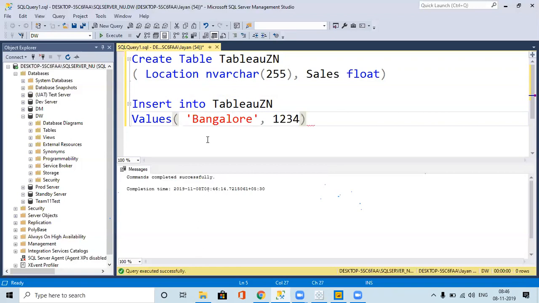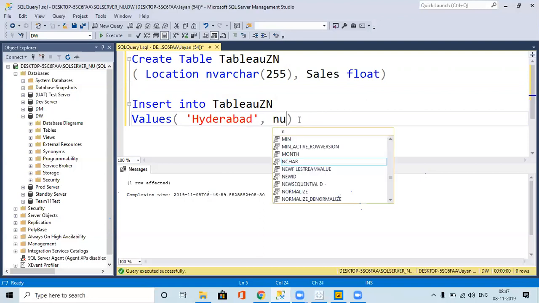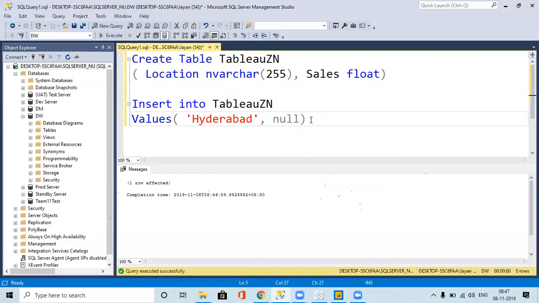We can give any number. So I gave one value. Yeah, done. Now let's give one more value, and I will give null. Okay, null value will be inserted. Similarly, I give Chennai some value. Okay, so I will insert this data.